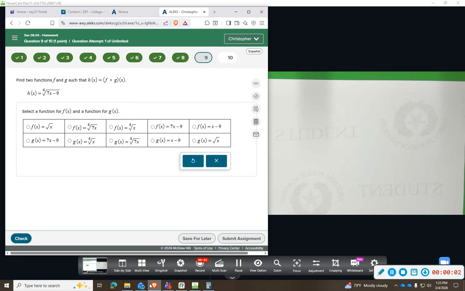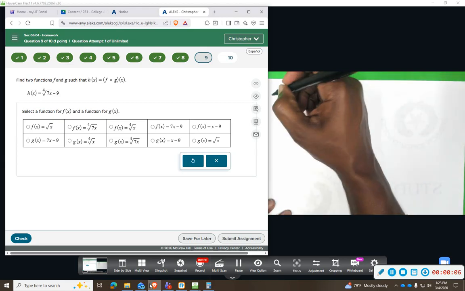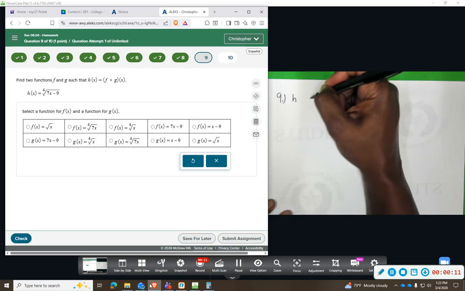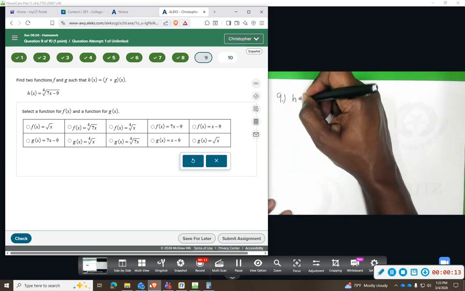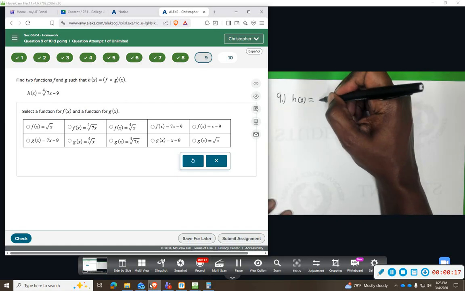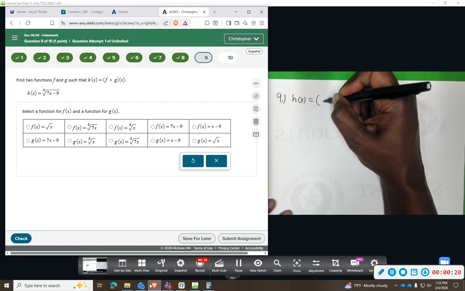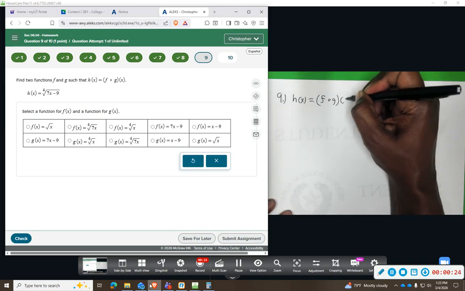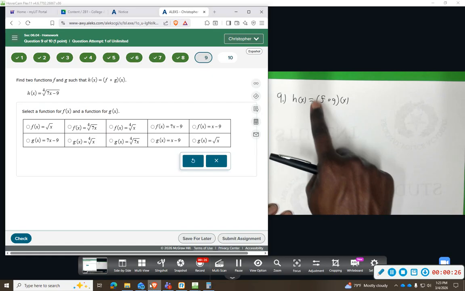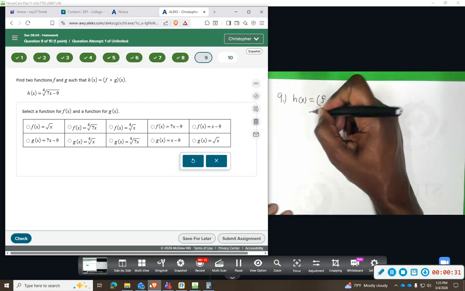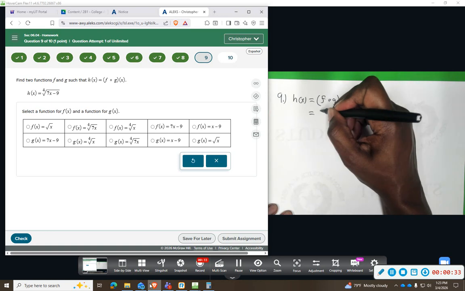All right, number 9, it wants us to work backwards this time. So they are giving us a composition of functions, and it's called H. And we want to work backwards and see what two functions they started with, so that if you were to write f of g of x as two separate functions, when you compose them, you get the h of x function. And so we're given h of x is equal to the 4th root